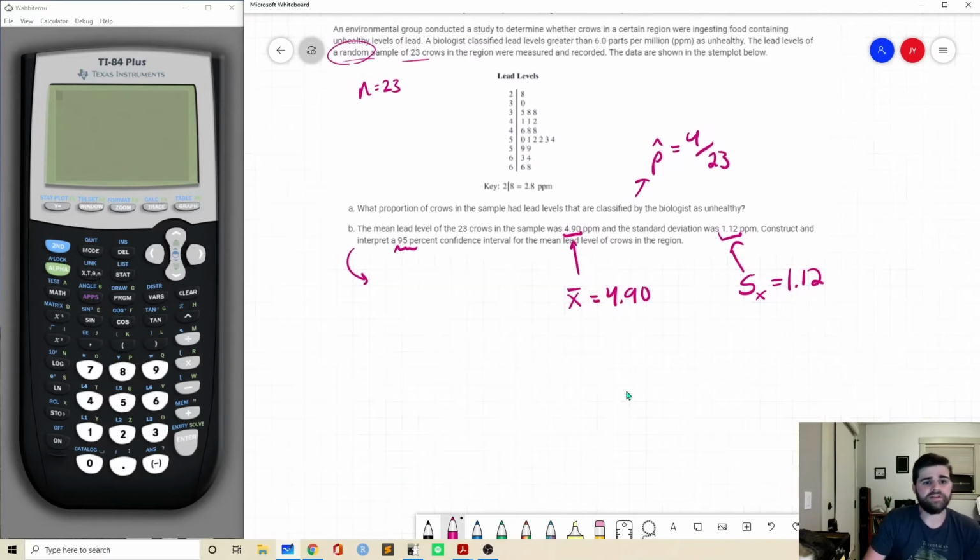So before we calculate a confidence interval, we want to check our 3 conditions. So condition number 1. We can only calculate a confidence interval if a certain number of conditions are met. So condition number one is